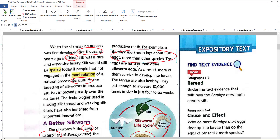The eggs are hardier than other silkworm eggs. As a result, more of them survive to develop into larvae. Okay, the larvae are also healthy. Why? They eat enough to increase 10,000 times in size in just 4 to 6 weeks. Can you imagine this, guys? The larva will be increased 10,000 times in size in just 6 weeks. Okay,